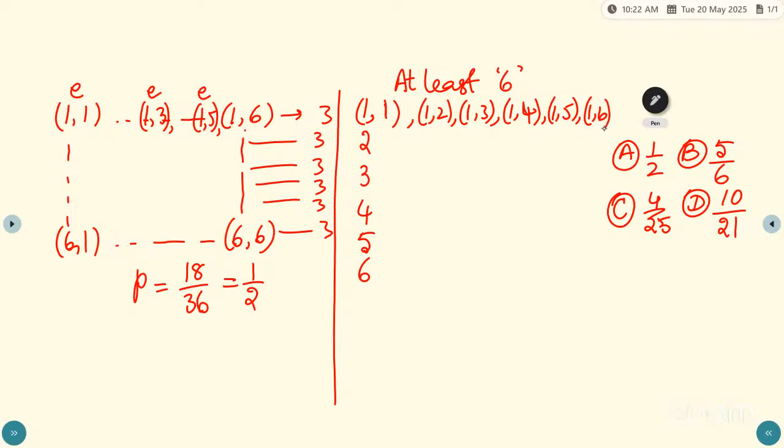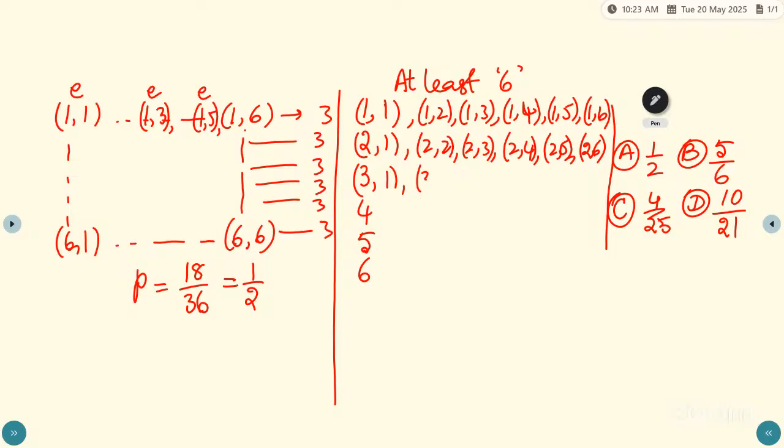If 2 turns up, what are the possible outcomes? 2 1, 2 2, 2 3, 2 4, 2 5, next 2 6. If 3 turns up, 3 1, 3 2, 3 3, next 3 6. If 4 turns up,